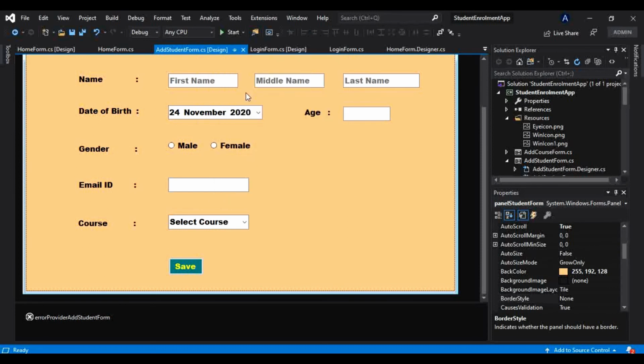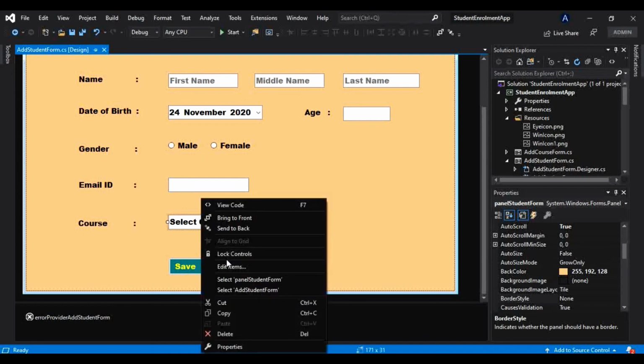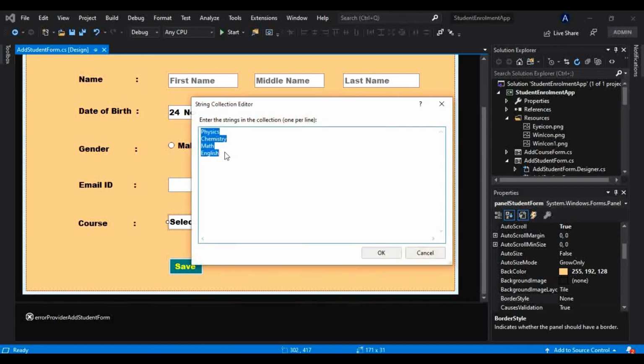If I right click on edit items, we have added the courses from here, but now I don't want to add them from here. So let me get rid of that and click OK.